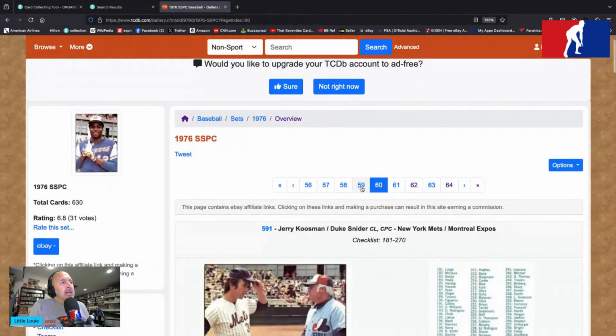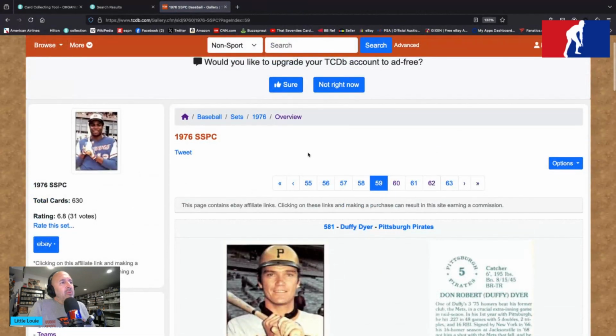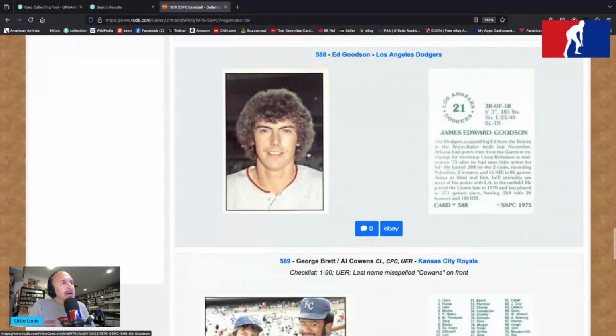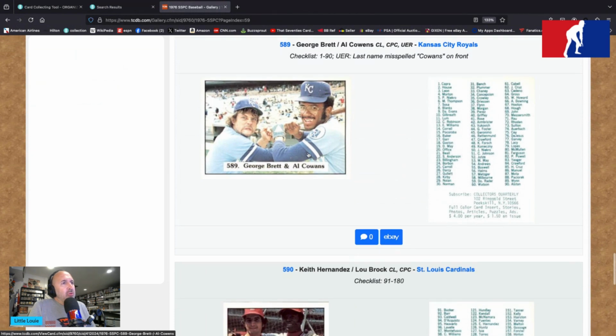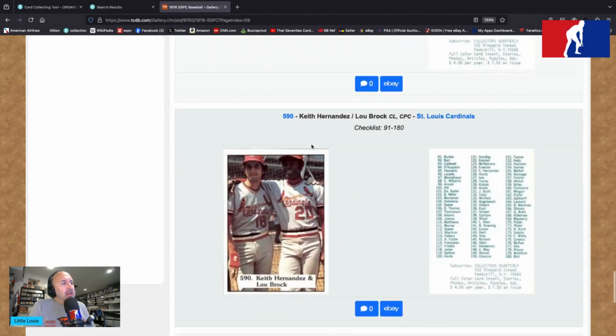So rumor has it, it's true actually, that Topps sued him, and I guess never printing this set again was part of the agreement, even though they could sell out what they had in inventory. There's Al Cowens and George Brett, one of the funnest cards in baseball history, and Keith Hernandez and Lou